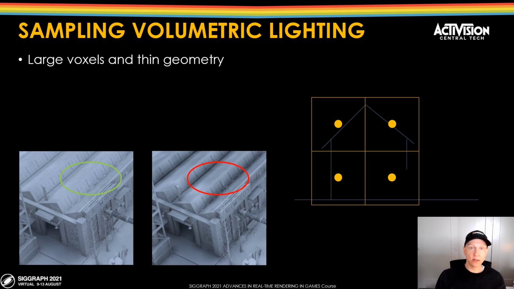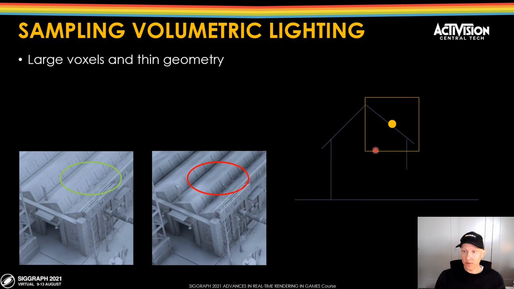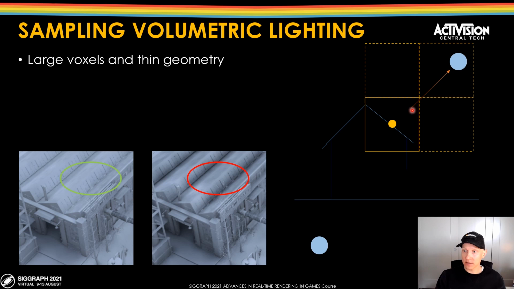So we can try to reason about this light leaking problem in this simple case. What we have here is a building with a door of some sort, and then we have large voxels, with the voxel centers visualized here. These voxels overlap the building as well as the ground. Now we can focus on this particular voxel over here. When we're doing this naive volumetric sampling, we pick a position in the volume, then pick a direction and shoot a ray. In this case, we hit the sky dome. And then we splat this contribution to the trilinear neighborhood of these